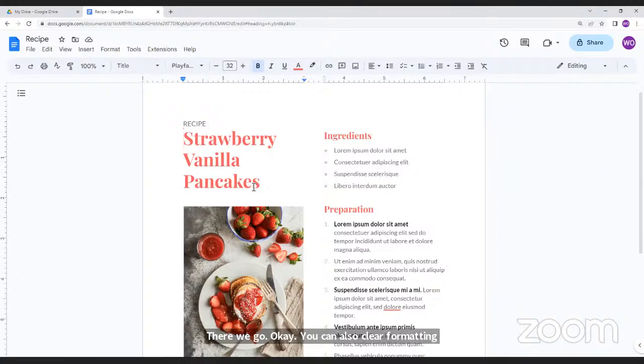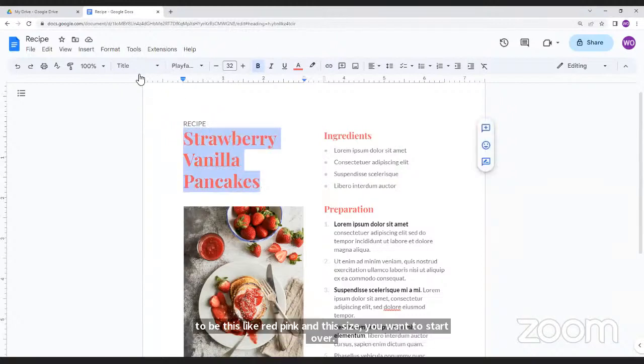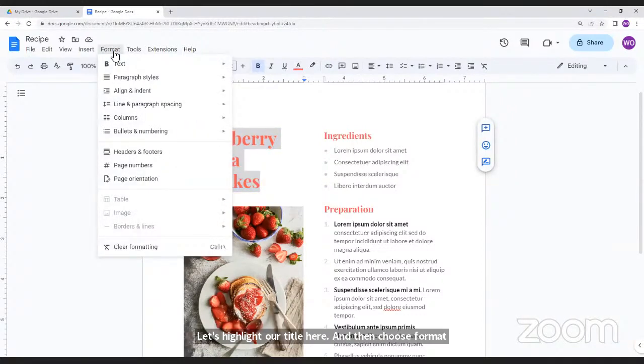Okay. You can also clear formatting options from the toolbar and menu. So maybe you've decided that you don't want your text to be this red, pink, and this size. You want to start over. Let's highlight our title here and then choose Format. And then we have the option down at the bottom, Clear Formatting. That will get rid of any formatting on the text. So if we click that,